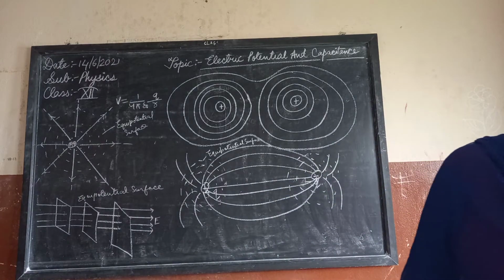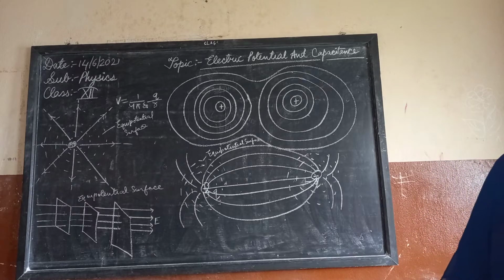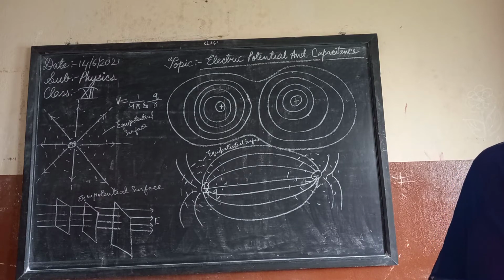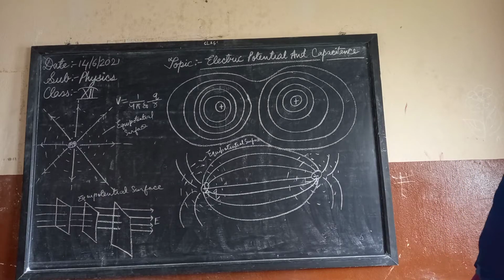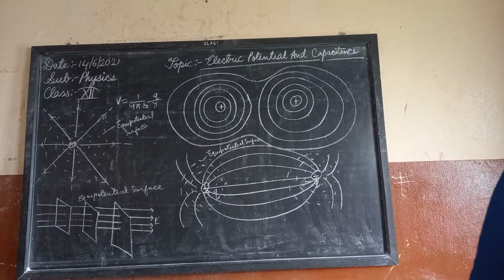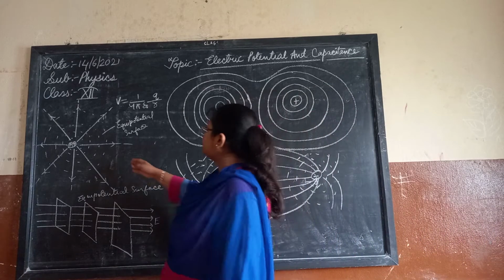Okay. Now in a uniform electric field E along the x-axis, the equipotential surfaces are normal to the x-axis, that is, planes parallel to the yz plane. So for a uniform field along the x-axis, the equipotential surface is normal to the x-axis, and it is the plane parallel to the y and z axes, because three axes are very essential here, as you know very well. Case 1. The equipotential surfaces produced by a point charge or a spherically symmetrical charge distribution form a family of concentric spheres as shown in the figure. So this particular figure is showing this.